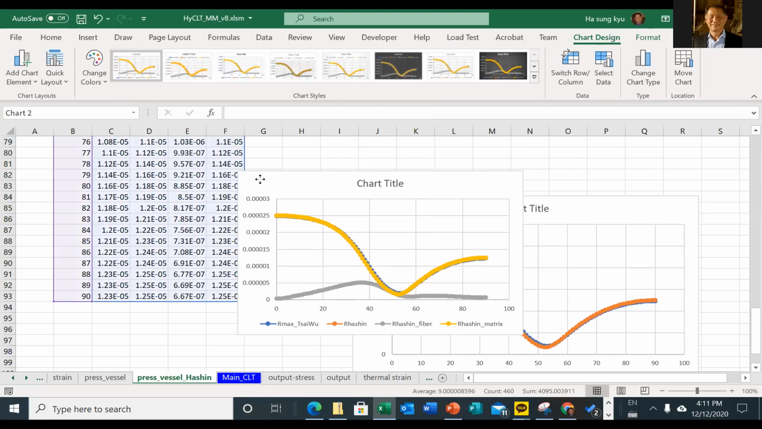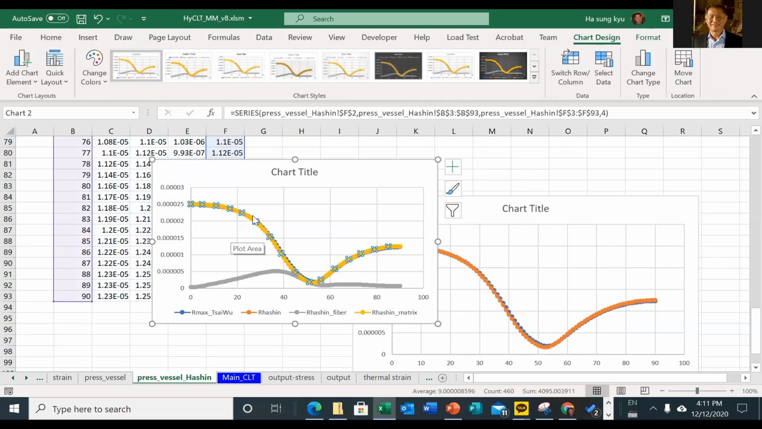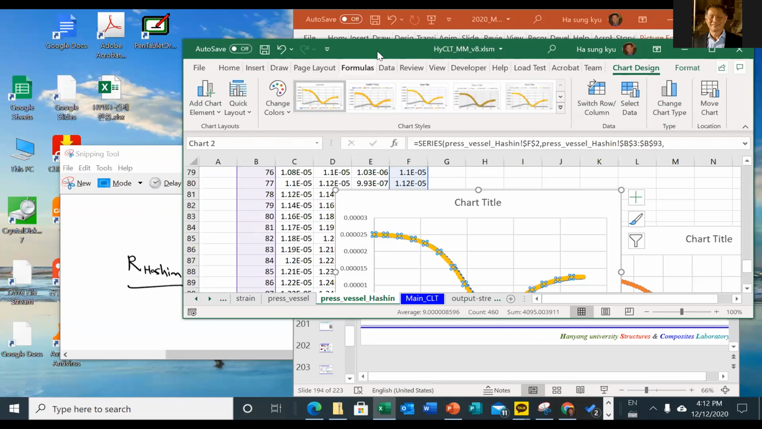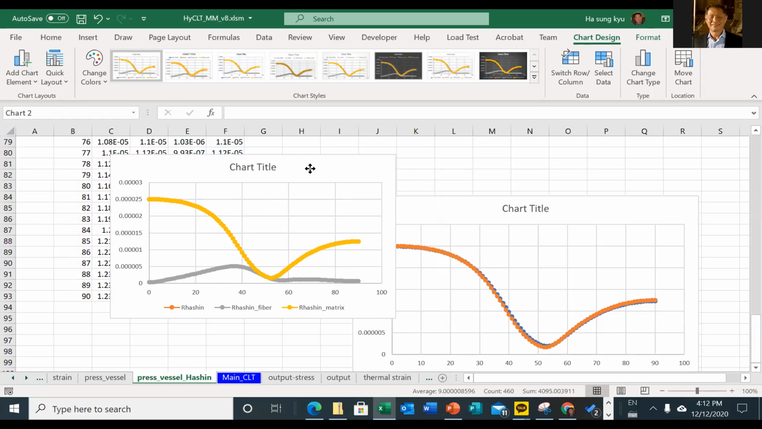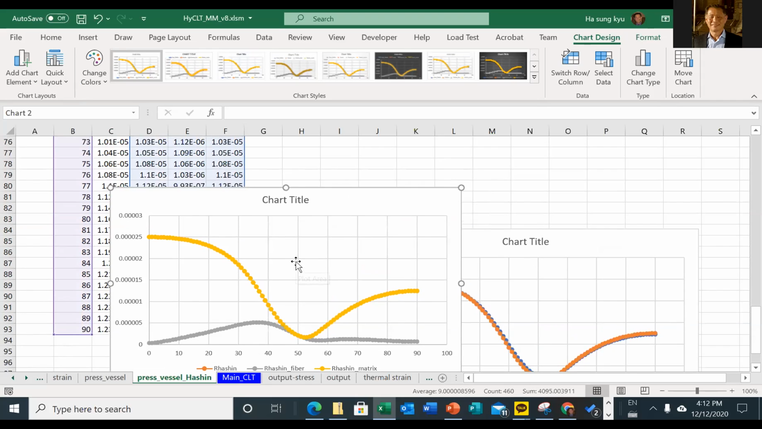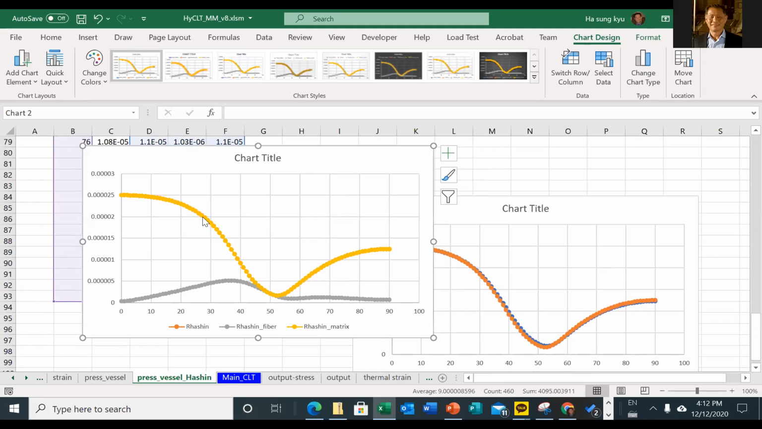Okay, now I'm going to get rid of the Tsai-Wu. This is the one, okay, I'm going to delete this. This one shows the variation of Hashin, very important observations. And while this one